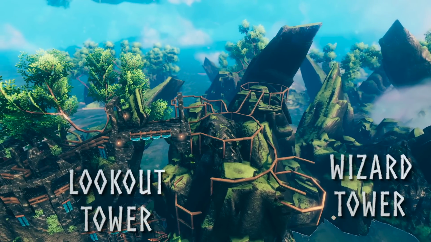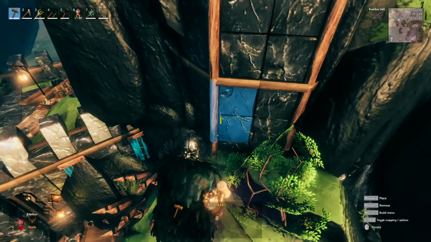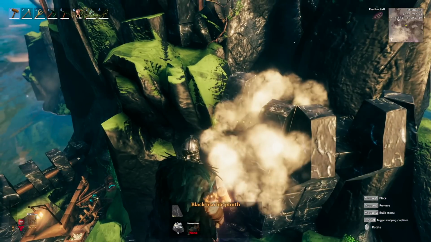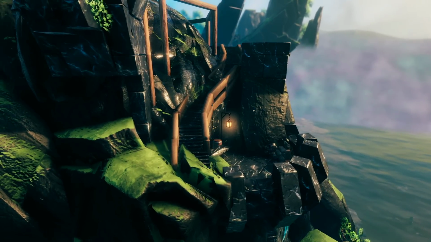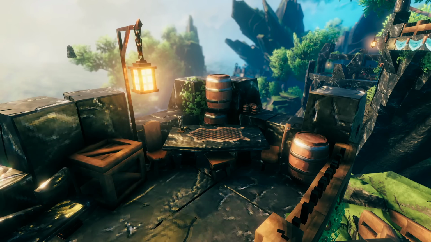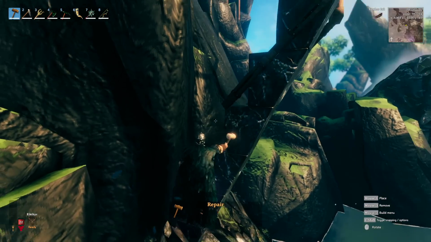Alright, so the lookout tower and the wizard tower. First things first, like always, I built the basic outline and then I got rid of the old wooden blueprint. After that, I started adding crenellations onto my lookout tower, and then I decided to add the staircase kind of curving through the rocks coming down from the main platform up above. Then I added the same crenellations to the main platform. I added a little area right here. And then you can see I finished up the lookout tower and the main platform,